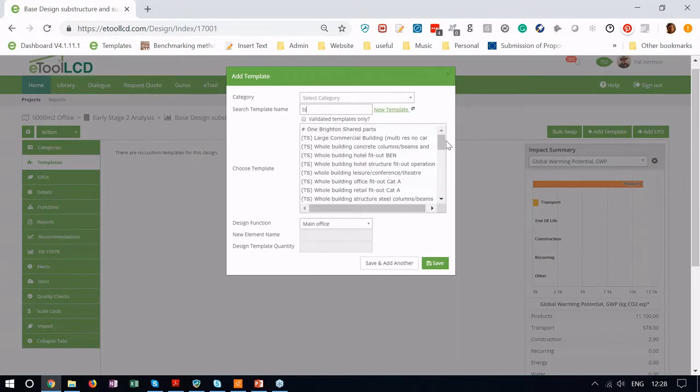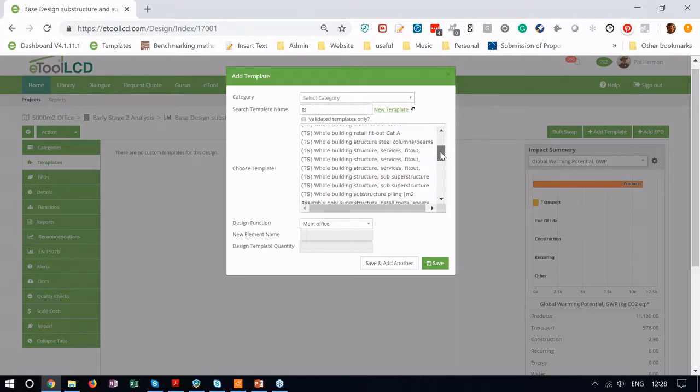target setting templates. In the past, we had target setting exercises for planning approvals, actually, mainly in Australia, although I know some users have done LCA for the purposes of planning over here in the UK as well. But yeah, we built these whole building templates to put in front of the design team and start to try and run